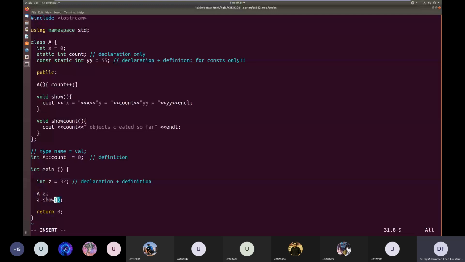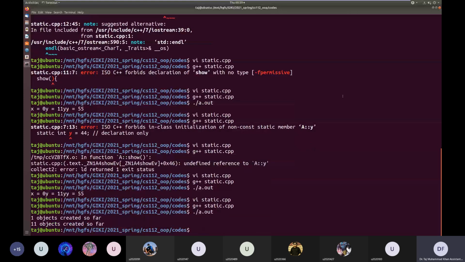So here I declare A, B, 10, and static member variables can be accessed by any object. Let me again use A's object to display the count. First we created one object and count was incremented to 1.